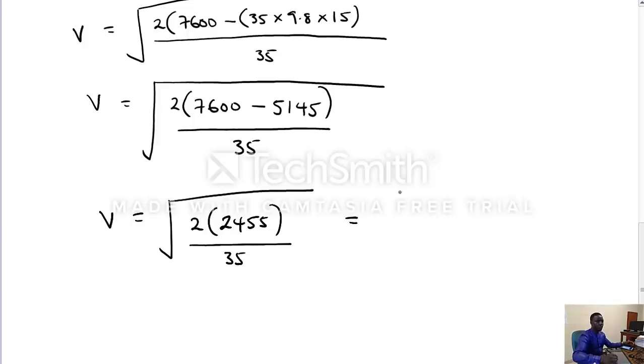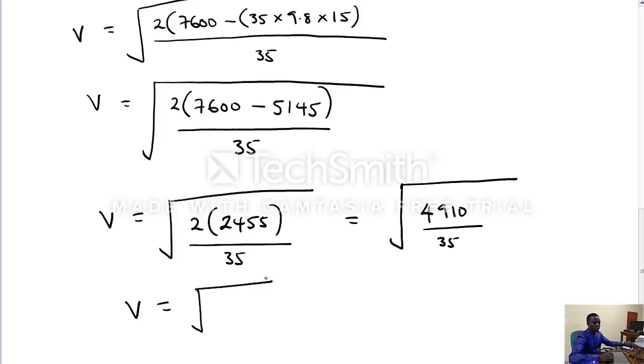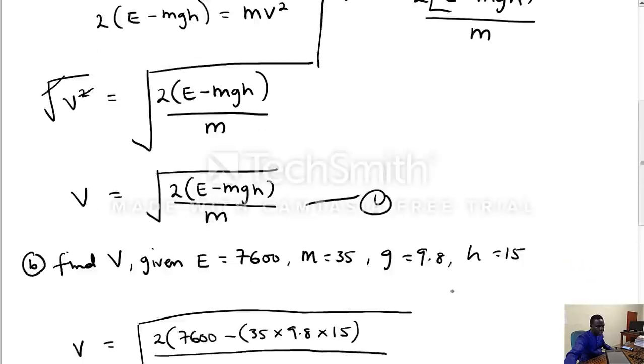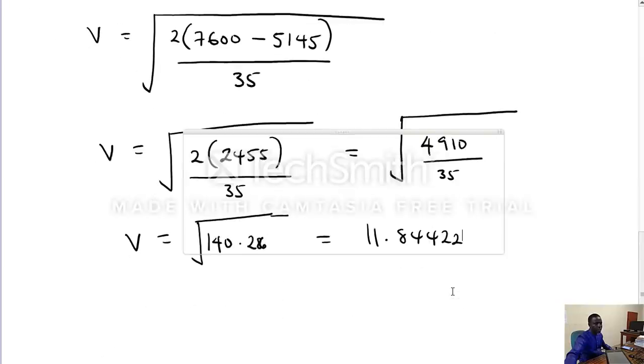This will be equal to square root of 2,455 times 2, which will be 4,910, to be divided by 35, which will give us v to be equal to square root of 4,910 divided by 35, which will be 140.286 to 3 decimal places, and if you look for the square root of this, it's going to give you approximately 11.84422, but I asked to approximate it, so approximately to 2 decimal places, our v is equal to